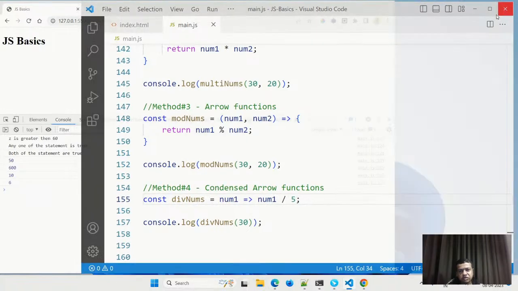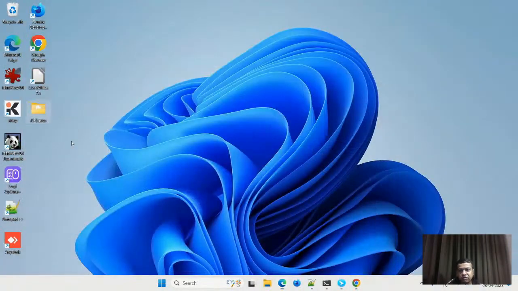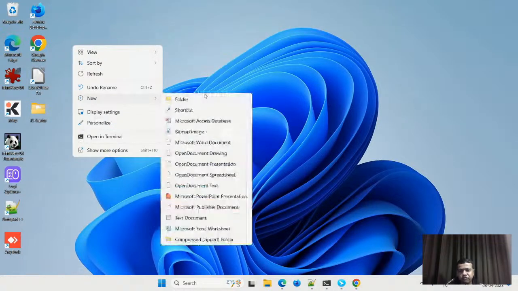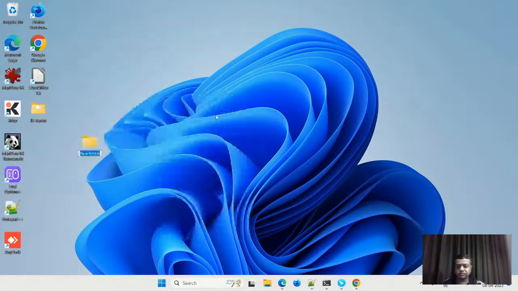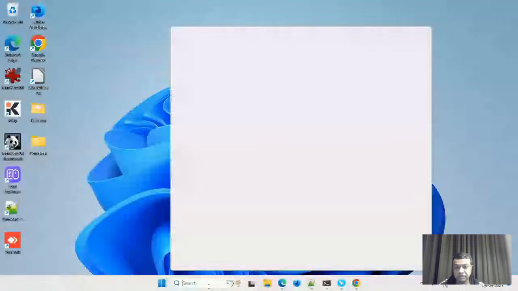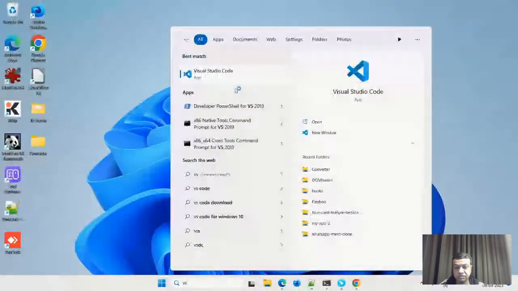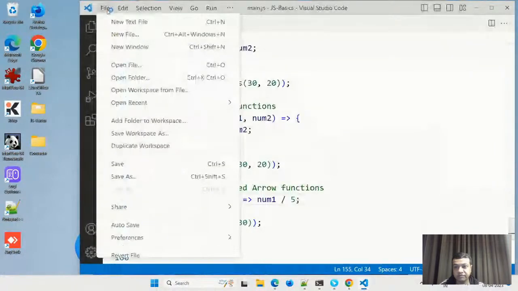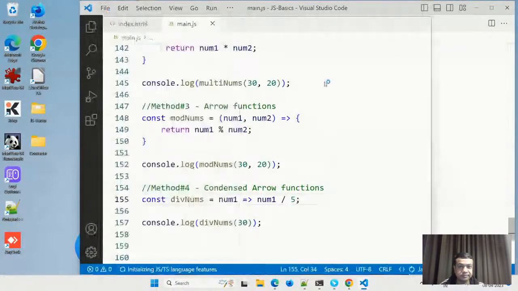Again, if you're going to create a small converter app, it's better to create it in a new folder. So I will create a new folder called converter, like this. Find new window.